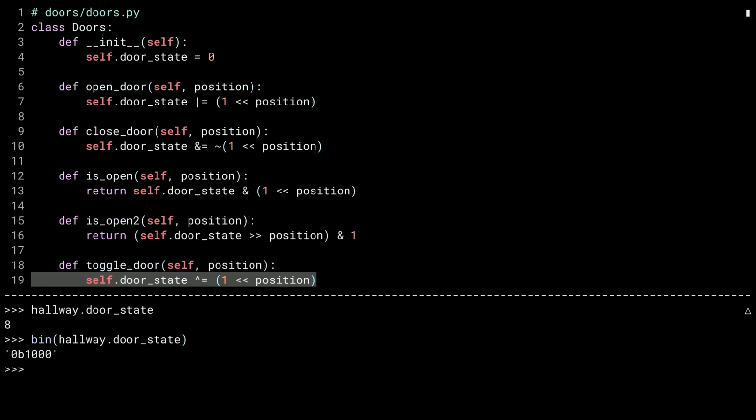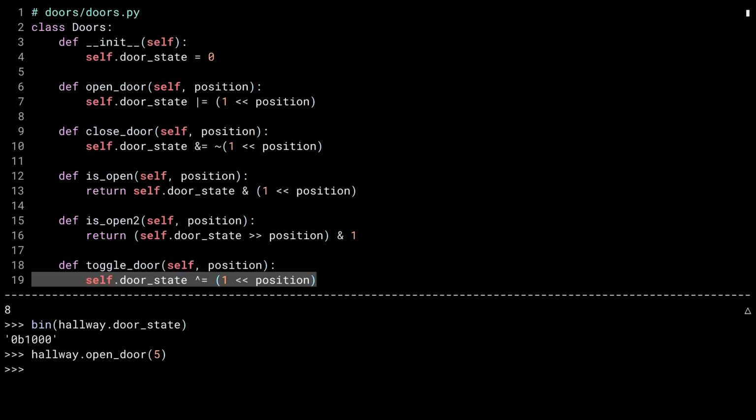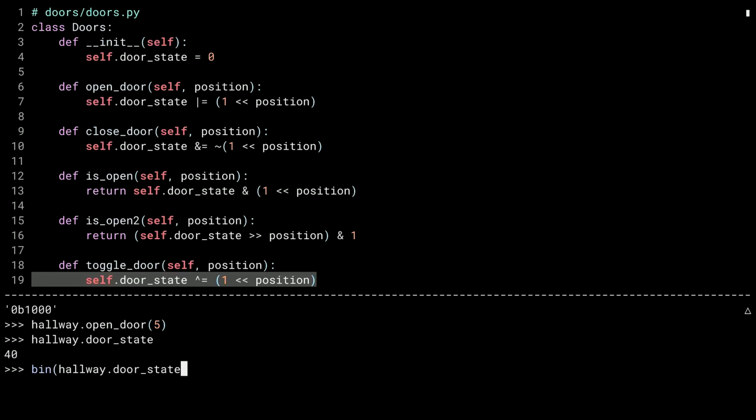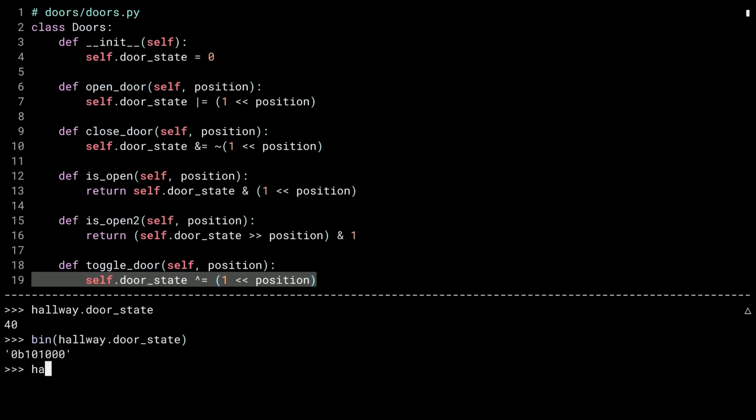Now, I'll open another door. Here's the decimal and the binary state of the doors. Testing is open. Any value greater than 0 means the door is open. Doing it again with a closed door